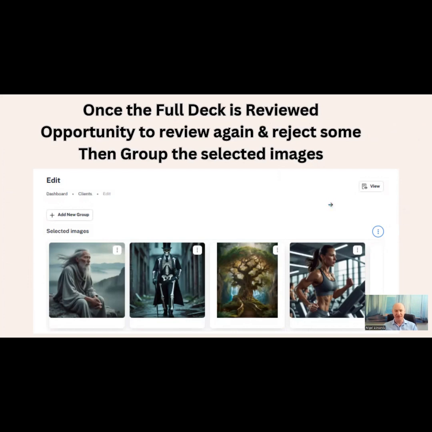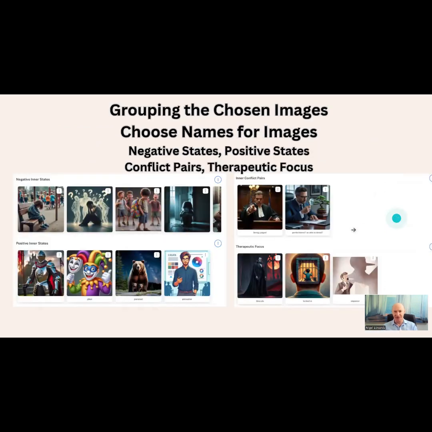Once you've been through the full deck, you then have the chance to review and reject some. So there's bound to be some in the final group that are not going to be so relevant for this particular session. By going through those, there's also three dots on each one. And I haven't named these purposely because some might resonate in a positive way, some might resonate in a negative way. And it's you or your client to give them a name. By clicking on the three dots, you'll be able to assign a name to each one. So you've reviewed and rejected some of the images, and now we're working into the summary time.